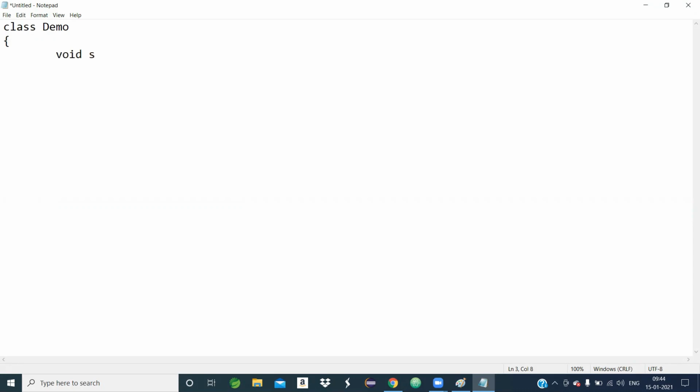Let there be a method, let the method name be show method. Suppose I write system.out.println, Java means a Ceylon software.